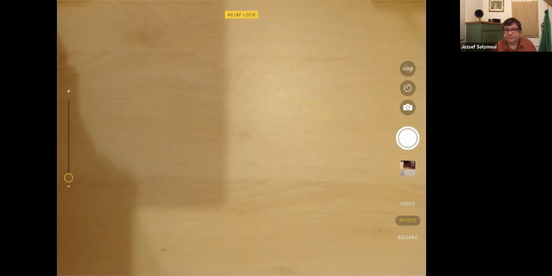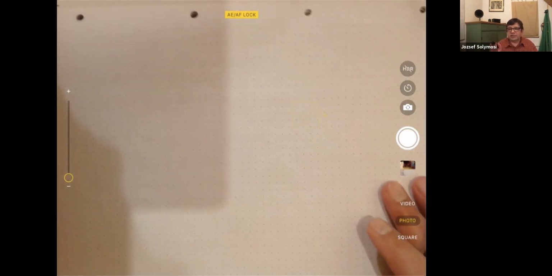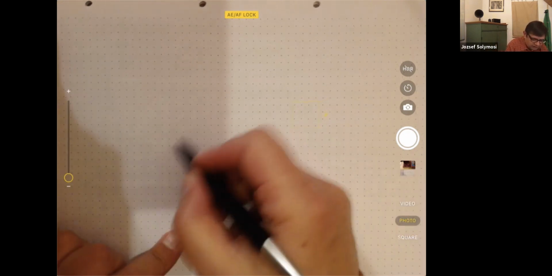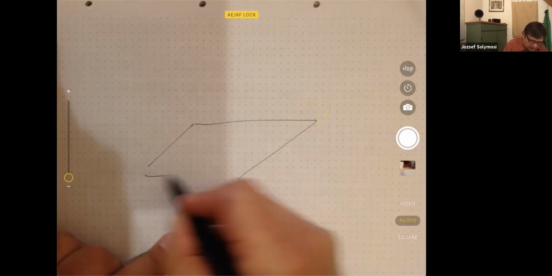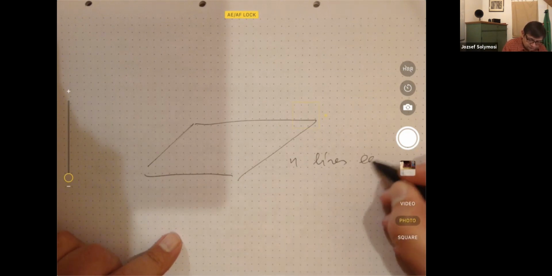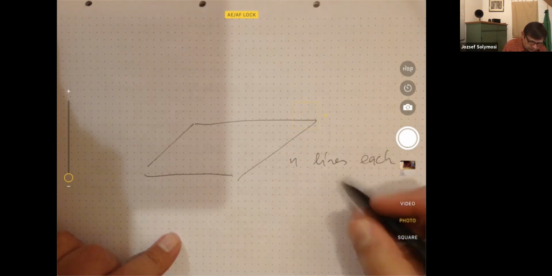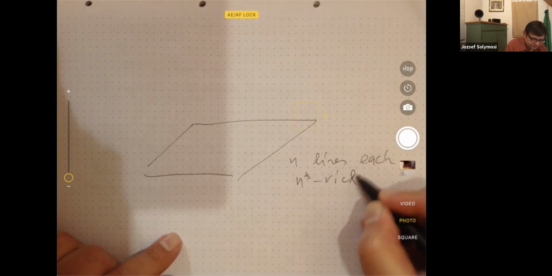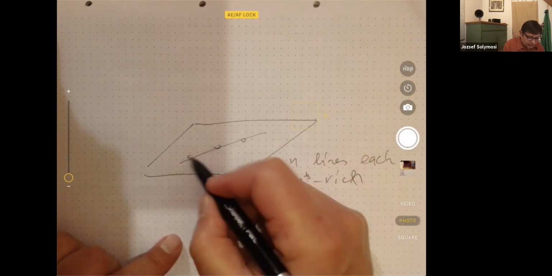On a sphere, I can give you a point set where the number of unit distances is n to the 4/3. And you would think that whatever I can do on the plane, I can do on the sphere. Well, here's an example. You have the same construction that we had. What did we have? We had n lines, each n to the 1/3 rich. That means that each contained as many points. And you have n points.